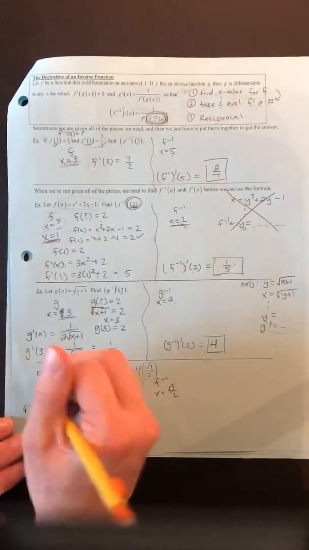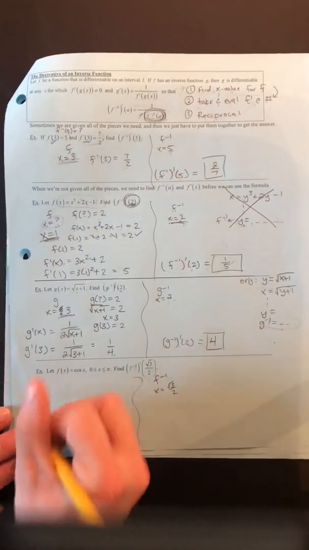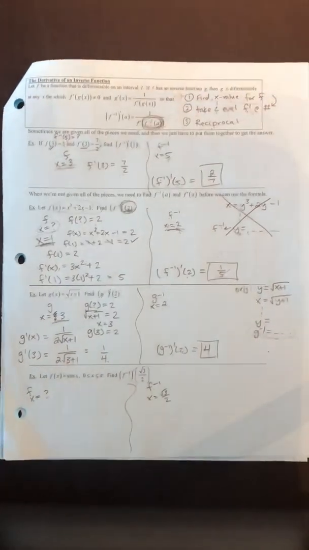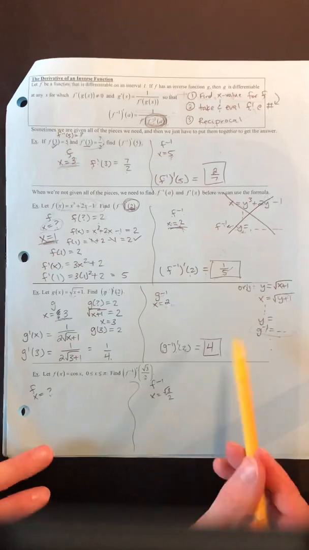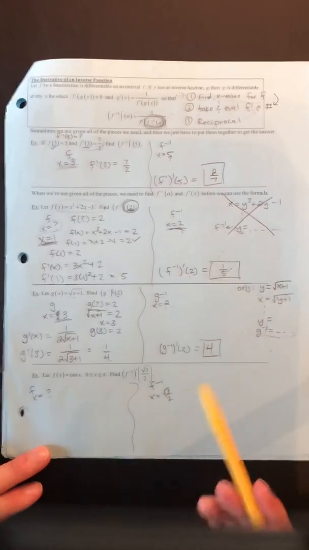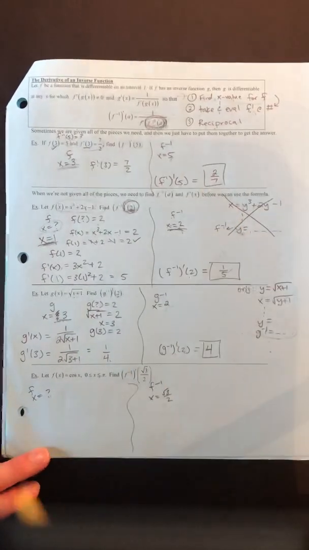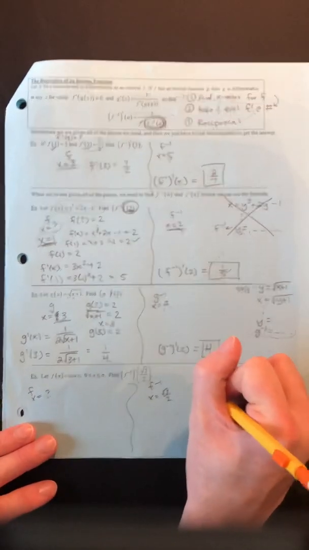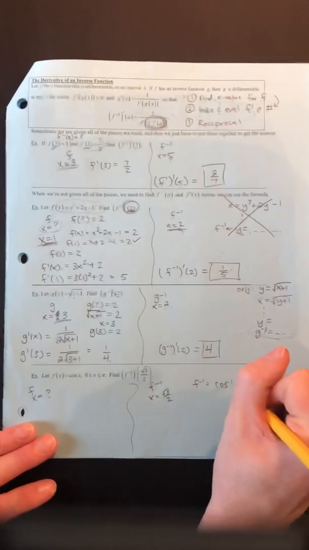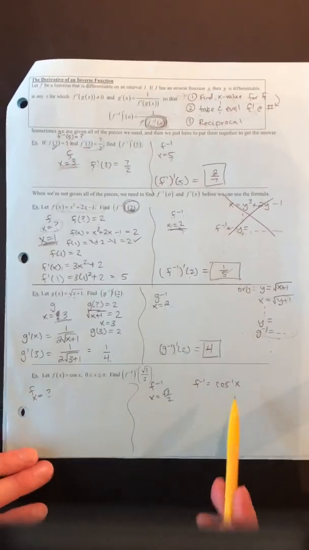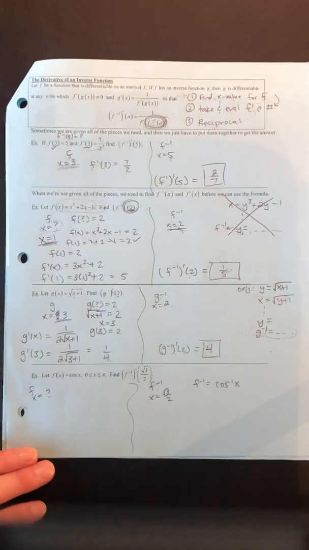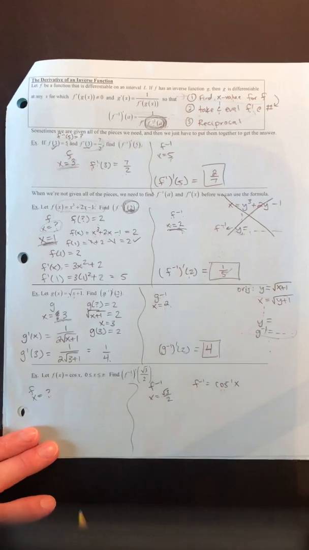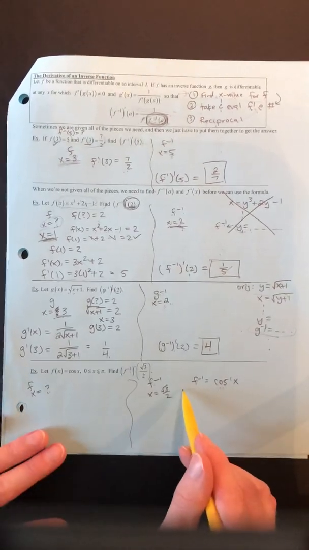I have this original function, right? That's the inverse at root 3 over 2, and then you have the original function. Remember, we're going to need to figure out what this correct x value is. Now, is this something like the previous example where I could find the inverse, or is it something like the first two where you could not? Well, you could easily find the inverse. The inverse function is literally cosine inverse, or your arc cosine, and we know how to take the derivative of that. We did it back in the yellow packet, I think it was yellow. We know how to take the derivative of inverse cosine,